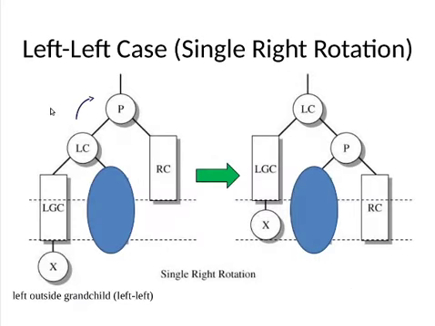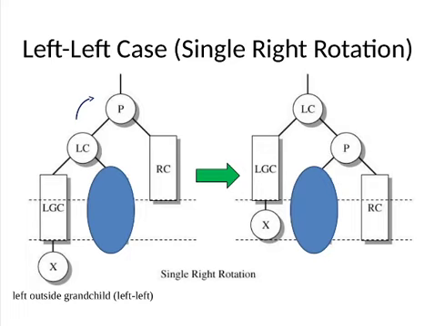Before we start the discussion about right rotation, let me remind you about the binary search tree property. In a binary search tree, for any node, the nodes in its left subtree are smaller valued and the nodes in the right subtree are greater valued. Let us now work out the single right rotation in the tree. As mentioned on the slide, LC moves upwards and P becomes its right child. Note that this rearrangement does not violate the binary search tree property as value of P is greater than the value of LC.